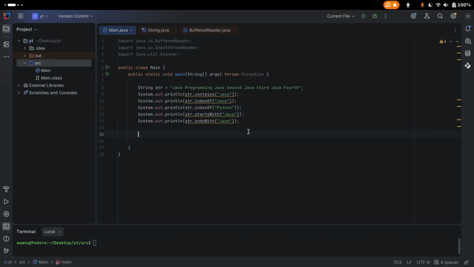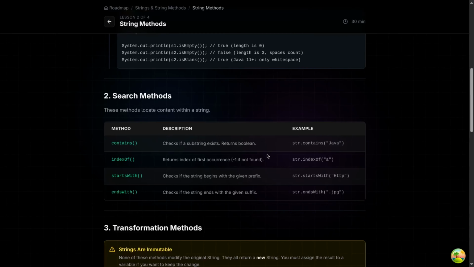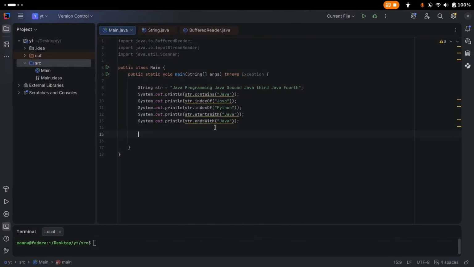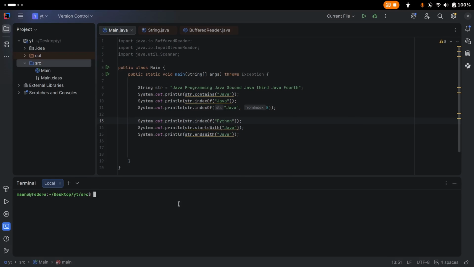So we have some methods you can try. Convert our whole string to uppercase or lowercase, and that will be our transformation methods, okay. But let's check these for now. So this one will return 0, but let's say we want to start after some index, all right. So what we can do is index of Java, and let's say we want to start after index 5. Now if we compile this one